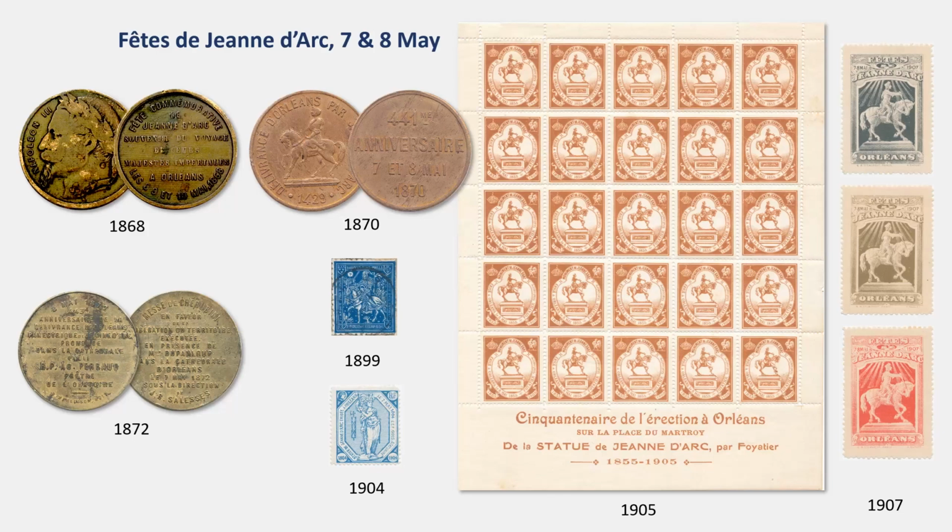But this enormous festival held in Orleans has been the focal point of all the activities in Orleans to the very, very present day, and each year it just gets bigger and better. And to celebrate the festival, there have been numerous souvenirs produced, starting off with the medallions. So you can see some medallions there on the left from 1868, 70 and 72, and also with the printing